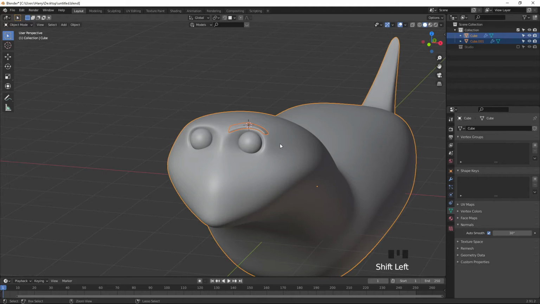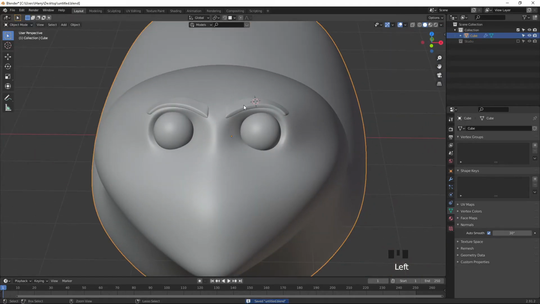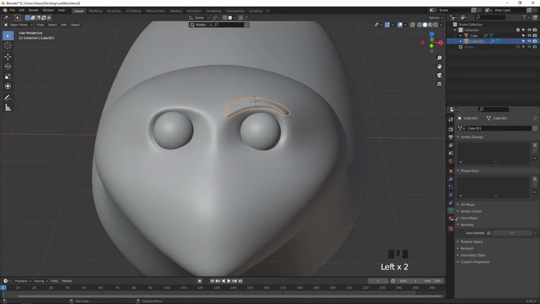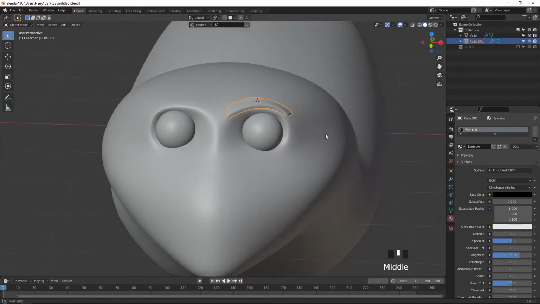It's not a problem. Select this, press Ctrl J to join, and it comes on both sides. Okay, sorry, before that Ctrl Z, Ctrl Z. Before that, let me apply the material for this. Not the same material, we are going to create one new material and name it as eyebrow, and make it black, and roughness a little bit high.